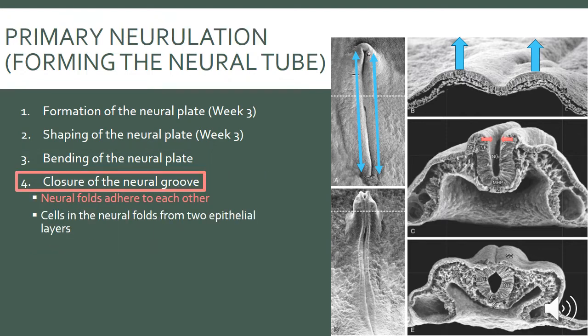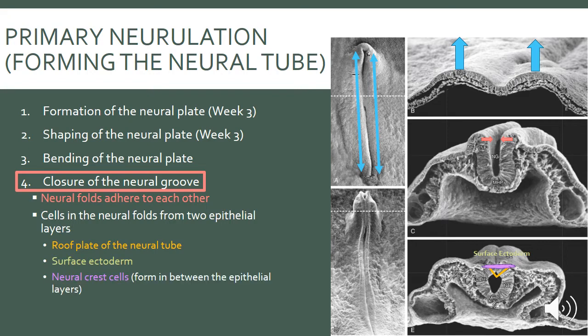Now, closure of the neural tube happens when the neural folds adhere to each other. That makes sense. Now, the cells in the neural folds are forming 2 epithelial layers. The roof plate of the neural tube, which is shown in this orangey triangle, and then the surface ectoderm, which would be the future skin. Neural crest cells form in between these 2 layers and migrate throughout the body, and we will talk about them